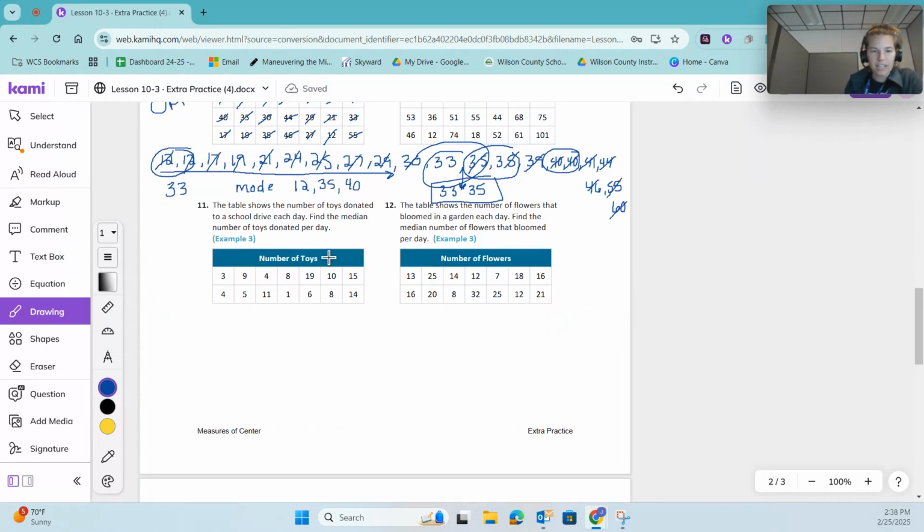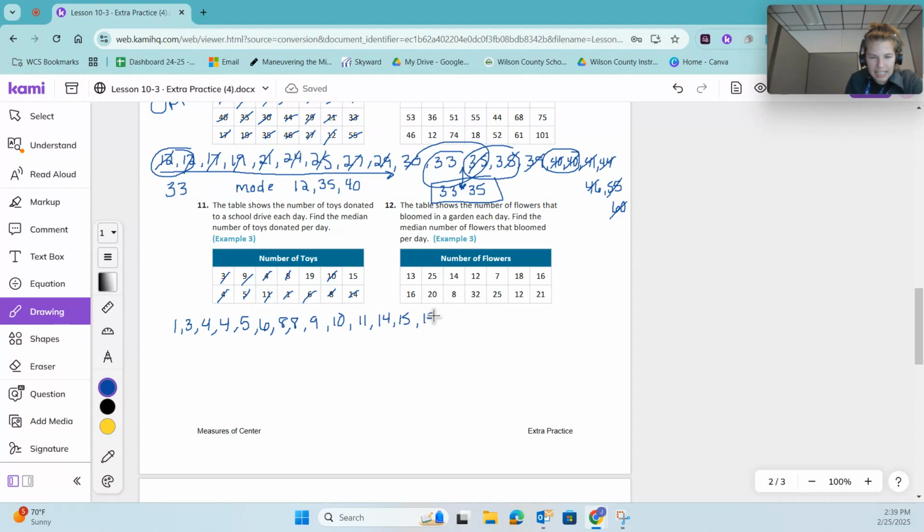Number 11 here. The table showed the number of toys donated to a school drive each day. Find the median number of toys. So I have, again, 1. I'm going to list these out the same way. 3, then 4, and I got another 4, then 5, then 2. Oh wait, I got a 6 first, then 2 8s, then a 9 and a 10, and then an 11 and a 14,